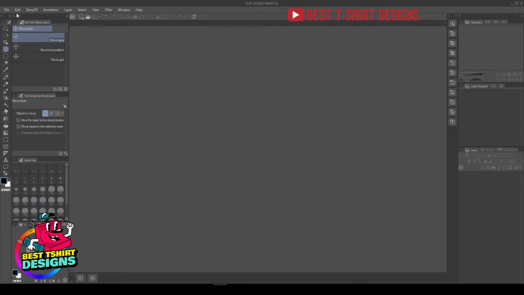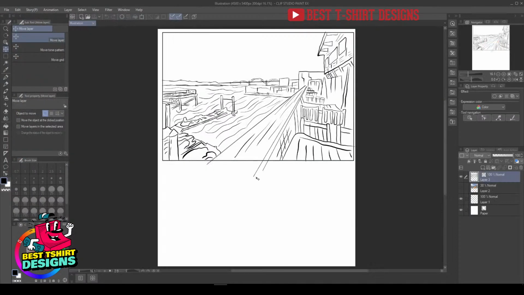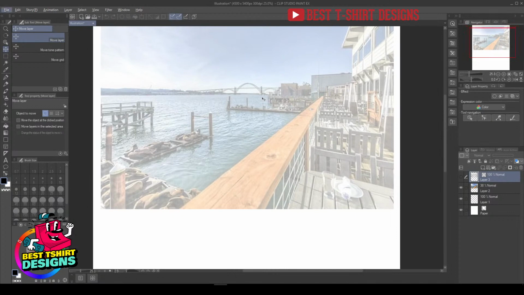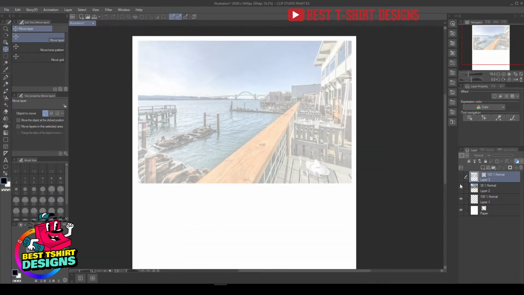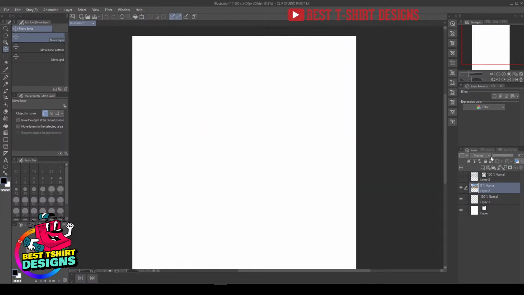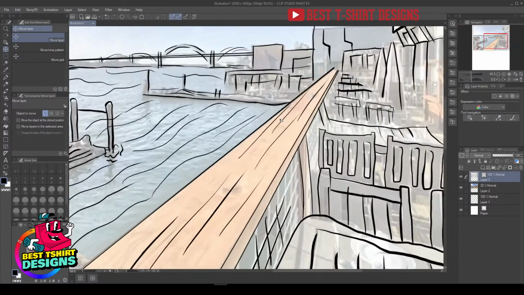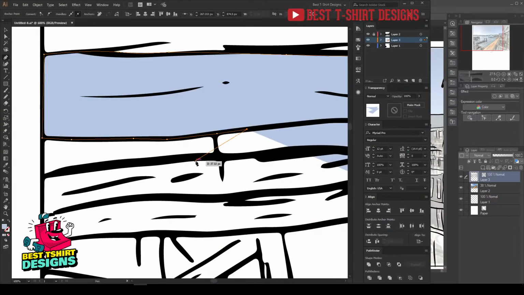Okay, so this is another software. The name is Clip Studio Paint. So I make the drawing here. This is the original image, you can see. This was the image that my client sent me, but he wanted to make it look like a hand drawing kind of thing. So first of all I take this image on a layer, turn down the opacity so that I can see whatever is going on here, and then on top of that layer I draw another layer. So this is the drawing layer, the vector, and then I bring this one to Illustrator, trace that